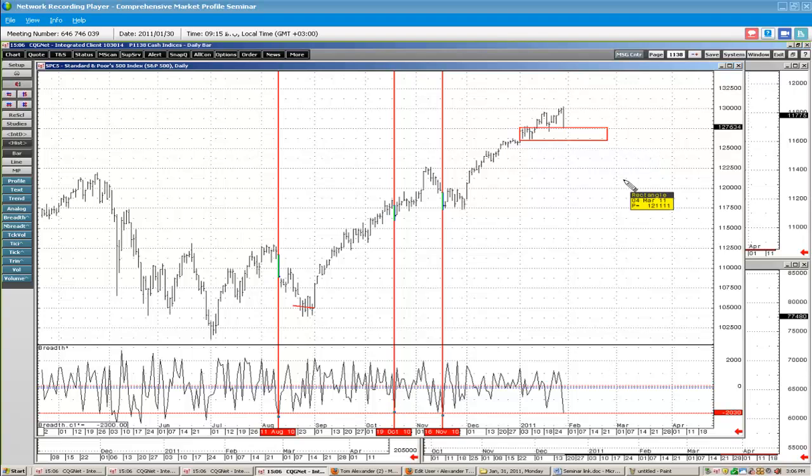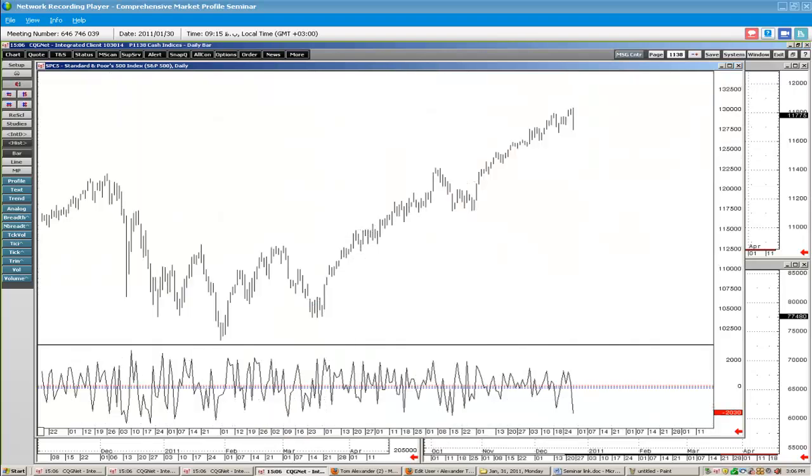Now, that working assumption is based on the development and the structure of the market, first and foremost, and secondarily on how breadth has behaved, and not just in this trend, but this is something that I've been using for most of the 26 years I've been trading. I can go back and show you